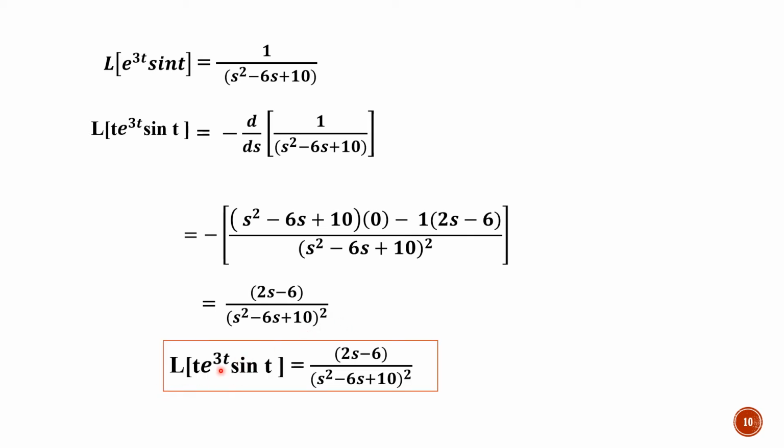Okay. So what we have done, we have calculated the Laplace transform of the function which is on the extreme right, so calculated L of sine t. Whatever answer you have got, the next function is e raised to 3t, so applied the first shifting theorem, or replace s by s minus 3. Then the next function is t, so differentiating that function with respect to s. And here we have applied the u by v method to get the Laplace transform of t e raised to 3t into sine t.